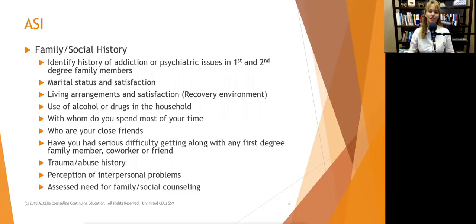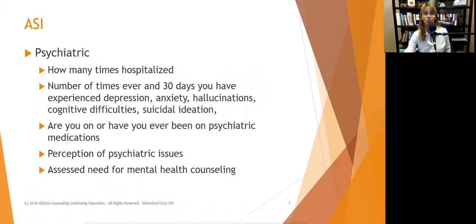So if we find out that they have a history of verbal abuse, one of their parents used to just scream at them and berate them in front of people all the time. Well, we want to make sure that, heaven forbid your staff should ever do this, but we want to make sure that never happens, that somebody doesn't yell at them or talk to them in a loud voice. And it could be staff or it could be other clients. But if other clients do raise their voice, then we may need to intervene more quickly than maybe with somebody else. So again, what's their perception? What's your perception? This will give us an idea where to start with treatment.